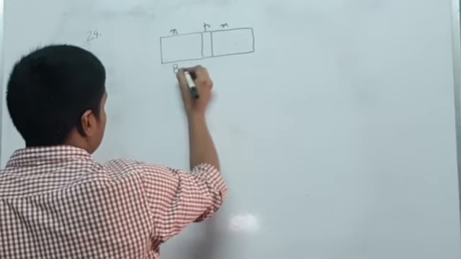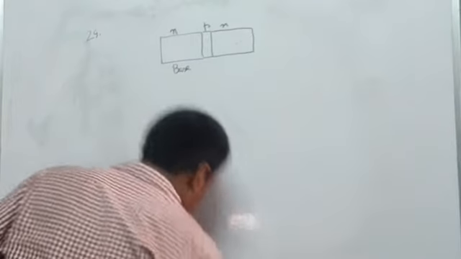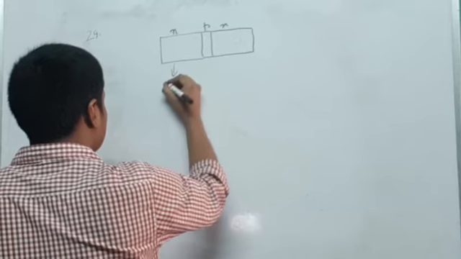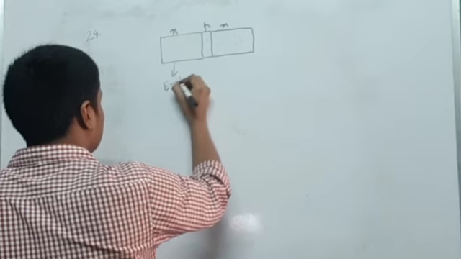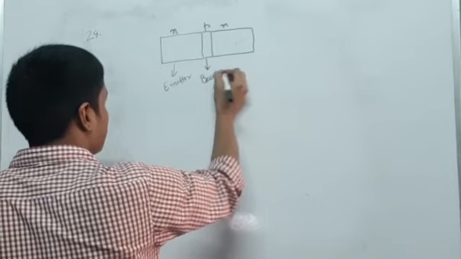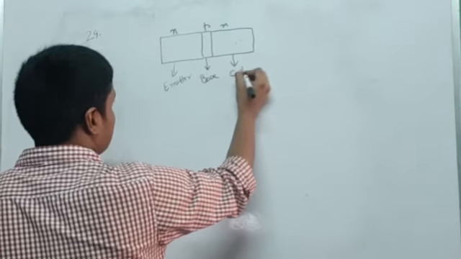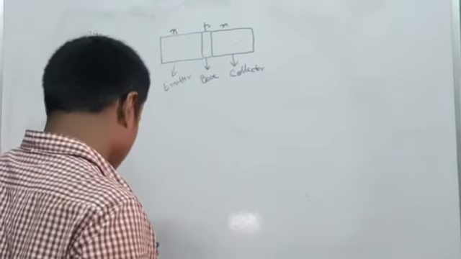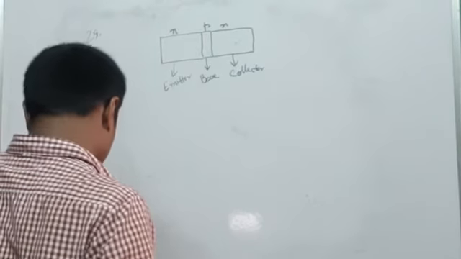If you recall, this is the emitter. This is the base. This is the collector. This is N doped, P doped, N doped, and we are asked to find out